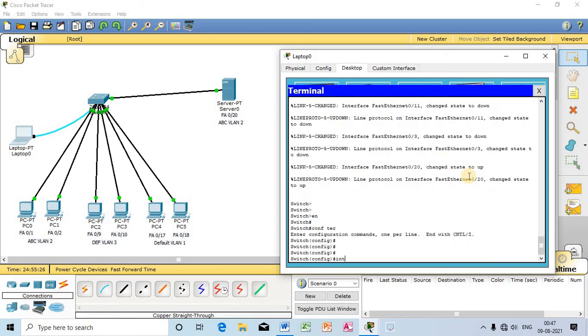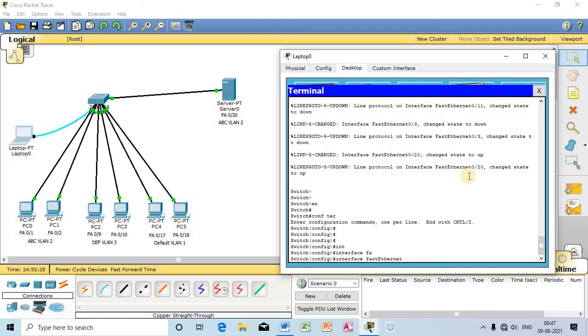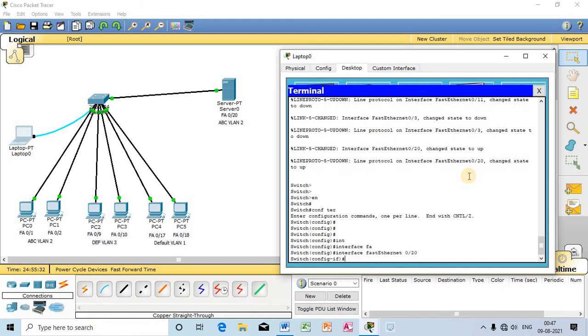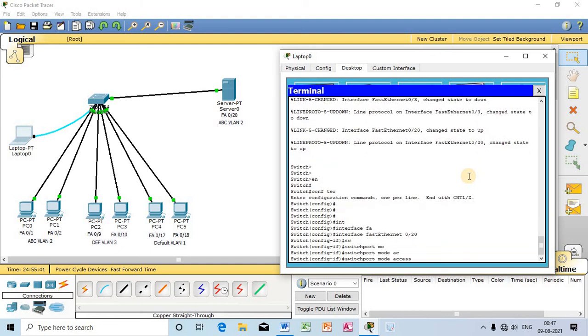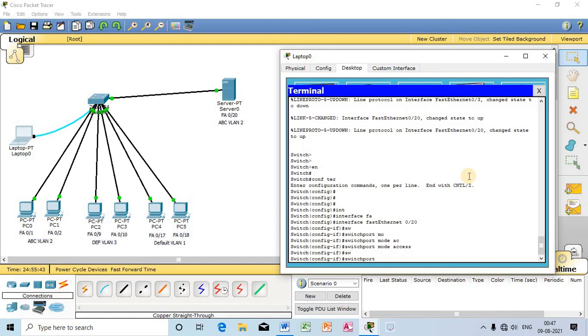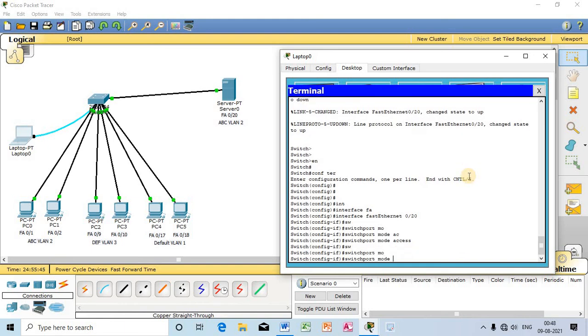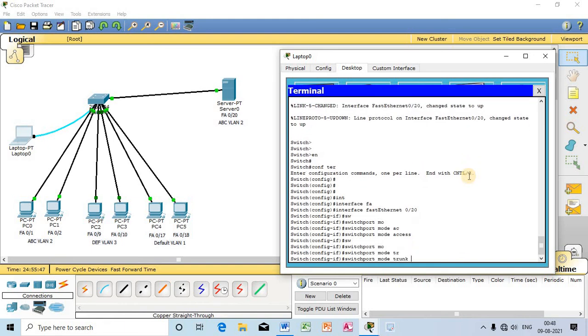Okay, you can see I have selected port 20, switchport mode access, switchport mode trunk. So I will run the trunk command.